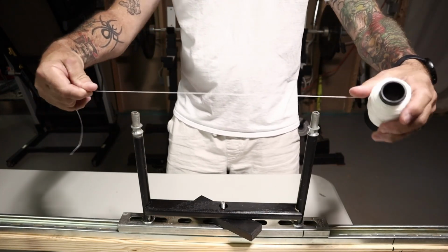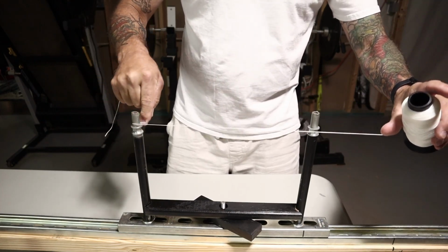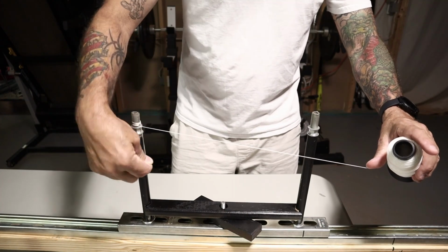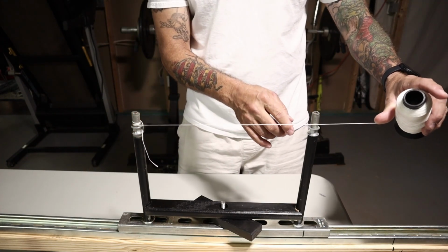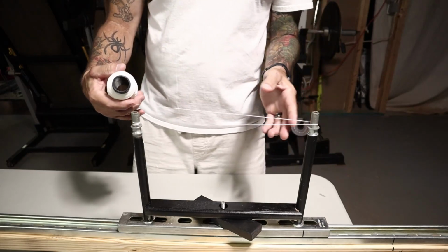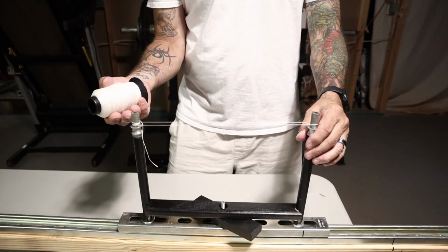Now, to start your first loop, what you want to do is take a length of string about like this, and you're going to loop it over the inside here, and this is important. I'll show you why here in just a minute. And just kind of put a few wraps on there. It doesn't matter how many, as long as it doesn't pull off whenever you start putting tension on the string. And then we're going to come around, catch our next one, and what you want to do is go all the way down and then come back around on the opposite side, and you want to keep some tension on